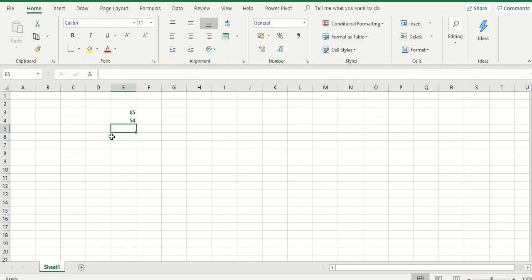So the first method is to just select the cell in which I want the final answer, and write is equal to. Remember that you should always write the equal to sign. Then just